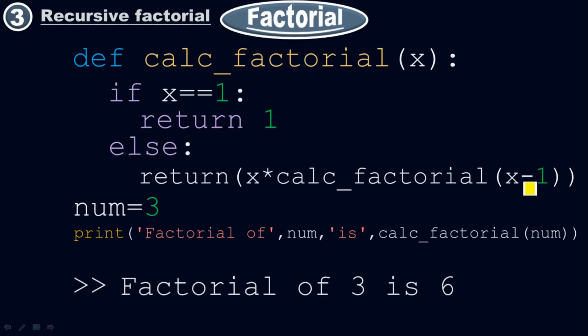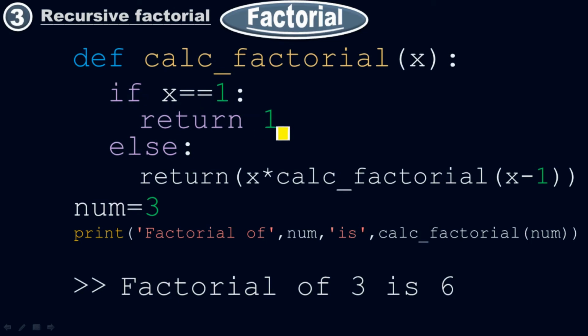This is the formula for the recursive factorial. Let me repeat it again. I used the define function here and I gave the name calculate factorial. It can be any name. It's just the define function name. So calculate of x. What is x? X is that specific number. Then I passed the conditional statement here. I have two choices. One is if and the other is else. So in case x equals 1,